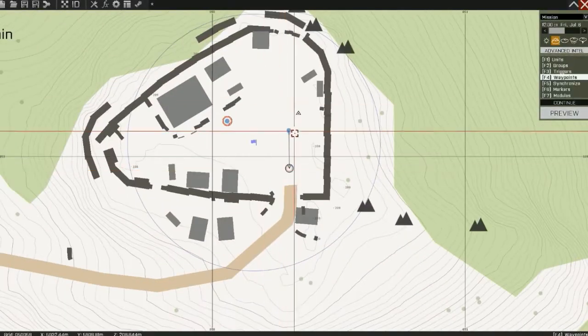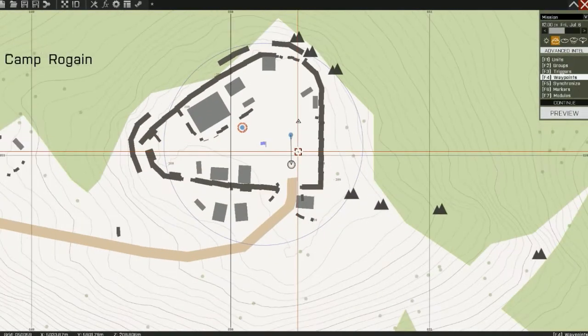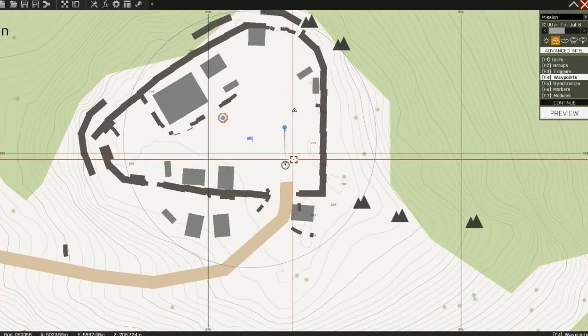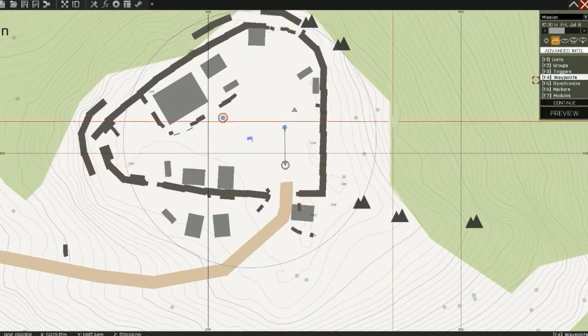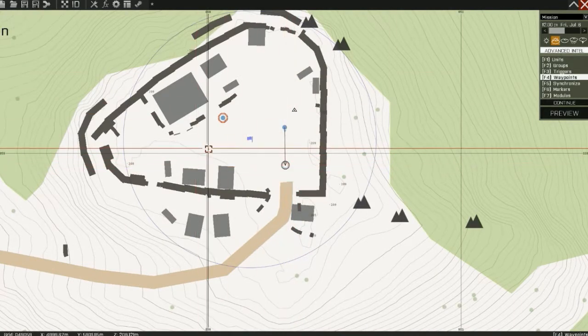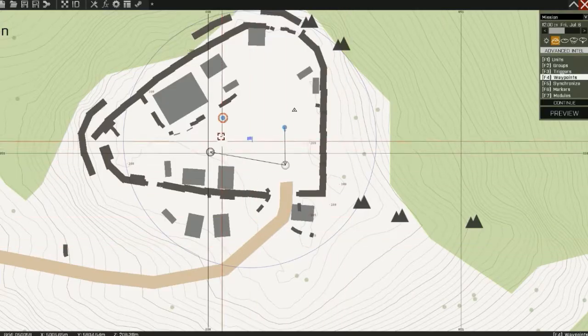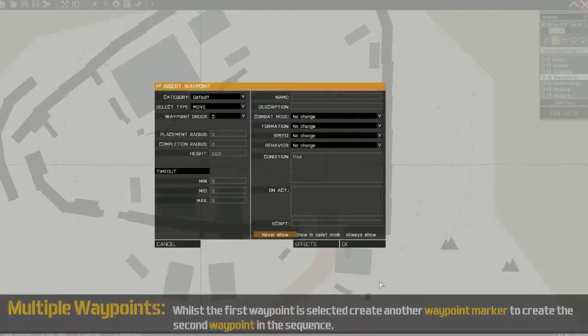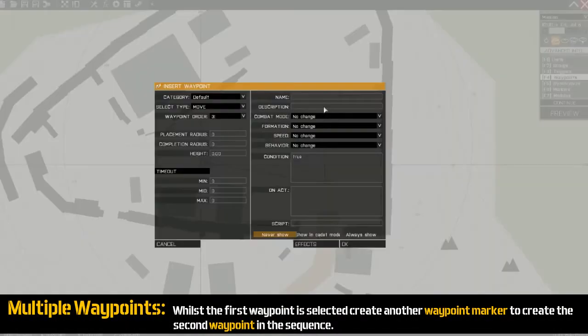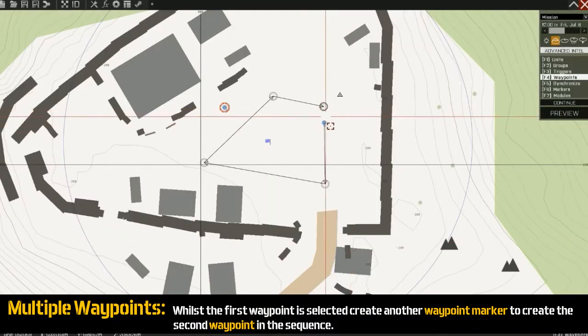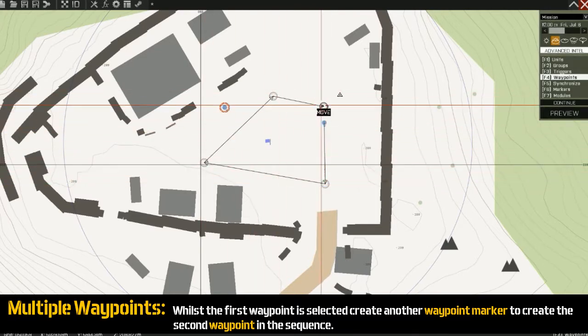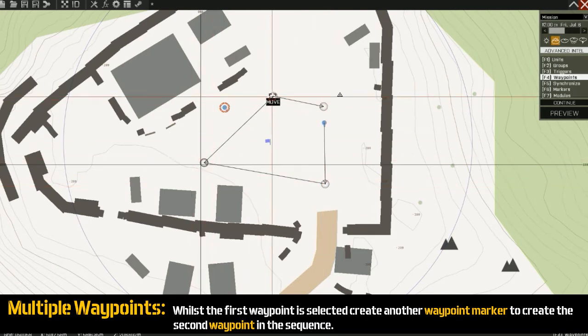A great use for that is when you're trying to emulate patrols. So if you click that waypoint and we click here, and we just click OK, and we do that, we'll do a few more. He will now follow this with the same behaviors as we set in the first waypoint because we haven't changed anything in the other ones.